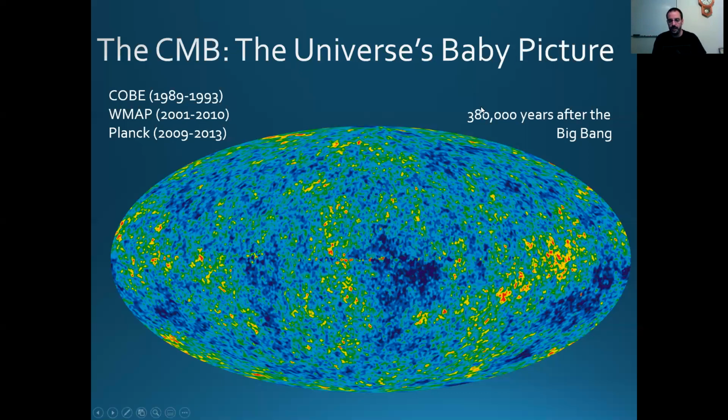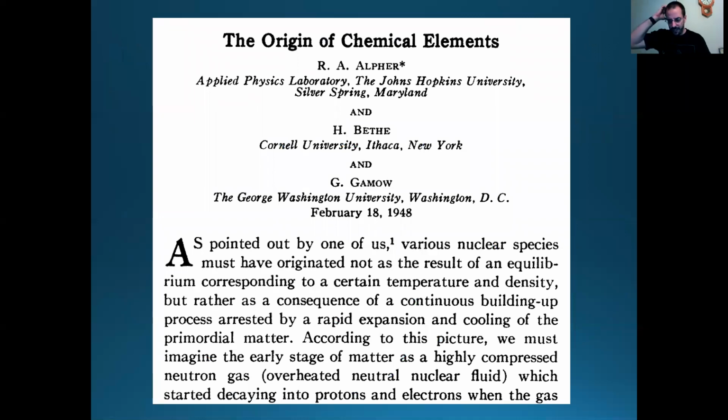So what we're seeing here is essentially a baby picture of the universe, 380,000 years after it formed. And this is a snapshot showing just how much structure and how much detail it formed at that time. And that tells us a whole bunch about the composition of the universe. In particular, how quickly this stuff is clumping. It also tells us about the geometry of the universe, the shape and the size of these. So now, let's set all of that aside for a minute, and let's think about something else.